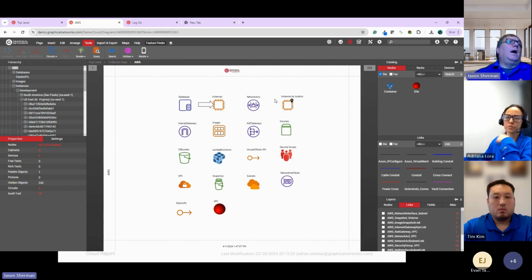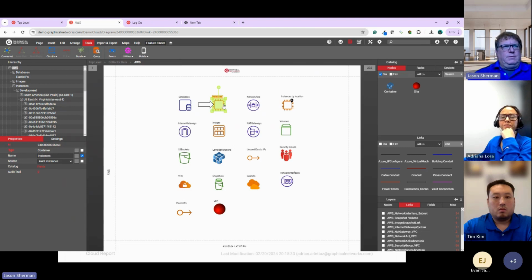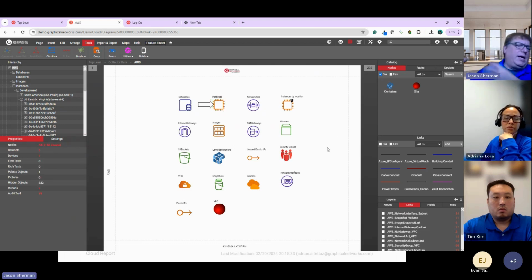So the most common thing in AWS, from my perspective, is always instances, EC2s, servers in the cloud, whatever the case may be. And your environment might be different. You might be focused on some other technology or some other core service that you use at AWS or Azure. And it might be data that we don't actually currently capture today. Again, it doesn't mean we can't get it. It may just be that it's not something that we're that familiar with. There's obviously a lot of tools within these tools.